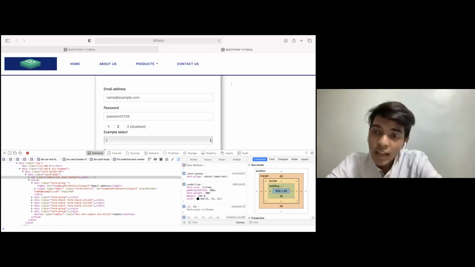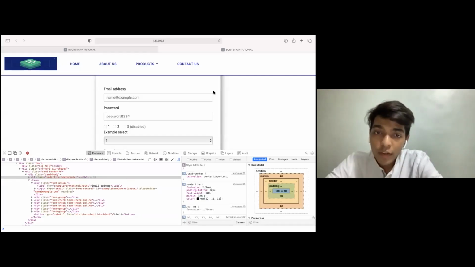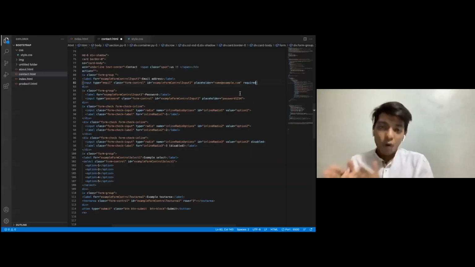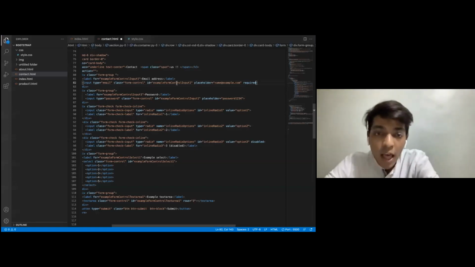This required part is actually a part of Bootstrap, but it is used for PHP. For example, if we submit the form, it says please fill out this field. Required means that you have to write in something of the type of the input type, and only then will I be able to submit the form. Else, there is no use of submitting this form. Same goes with different parts.